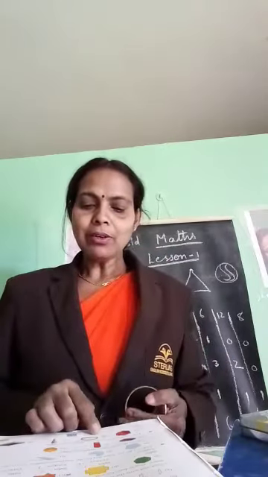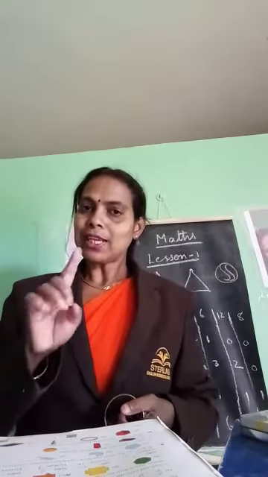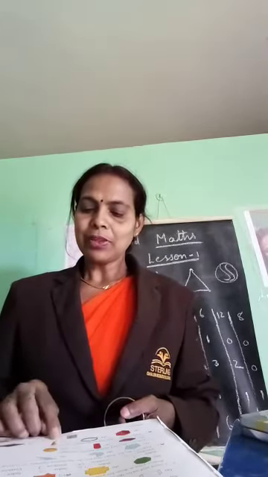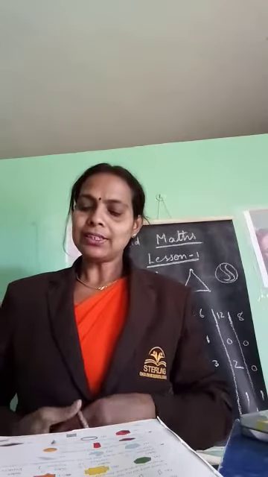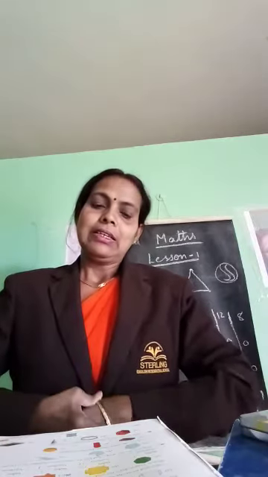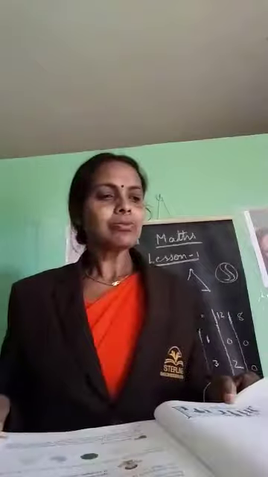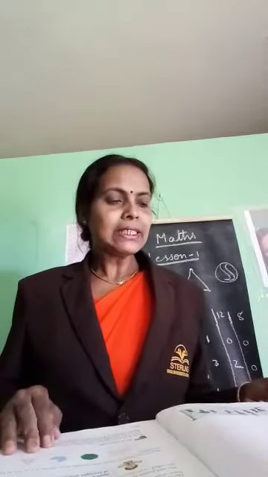So second one, put tick mark. Third one, also put tick mark because it has one curved edge. Okay, one curve is there. So B and C put tick mark, and D one no, it doesn't have any curved edges. Okay. So we finished question number 5. Now come to page number 8.